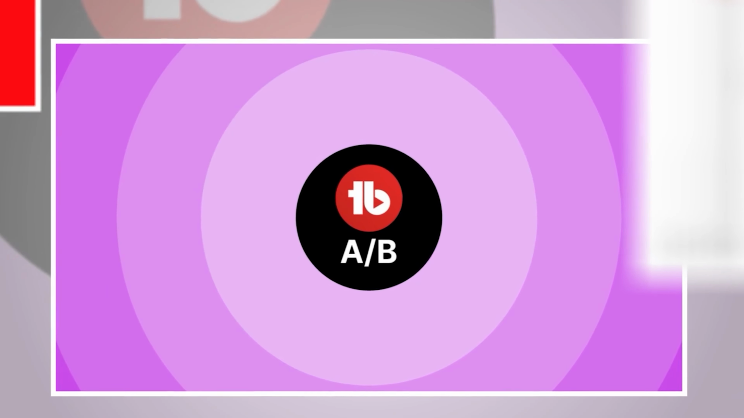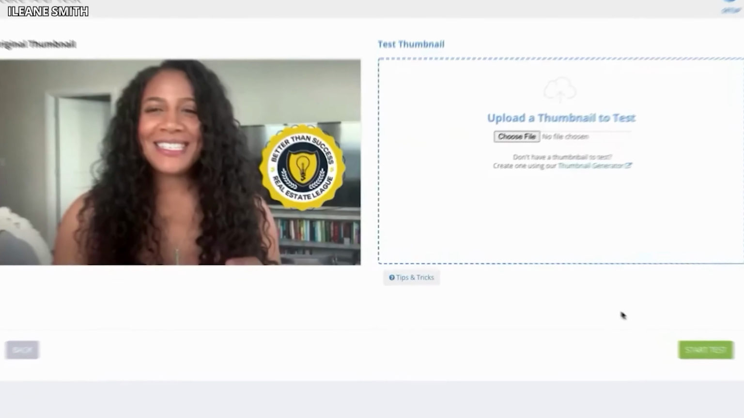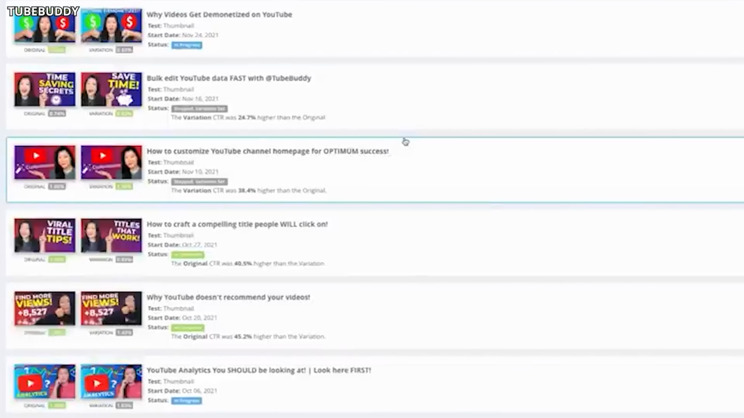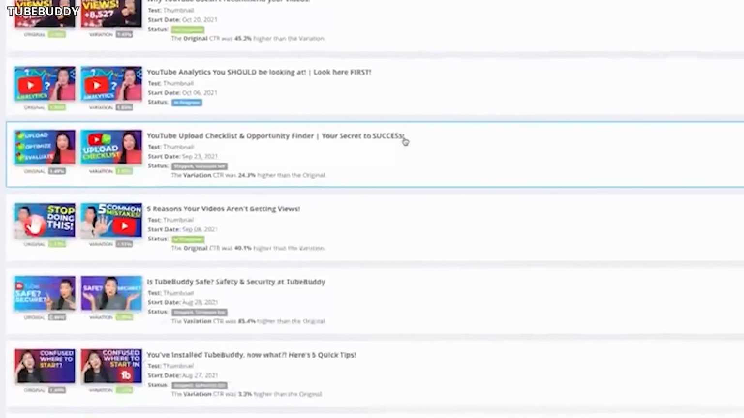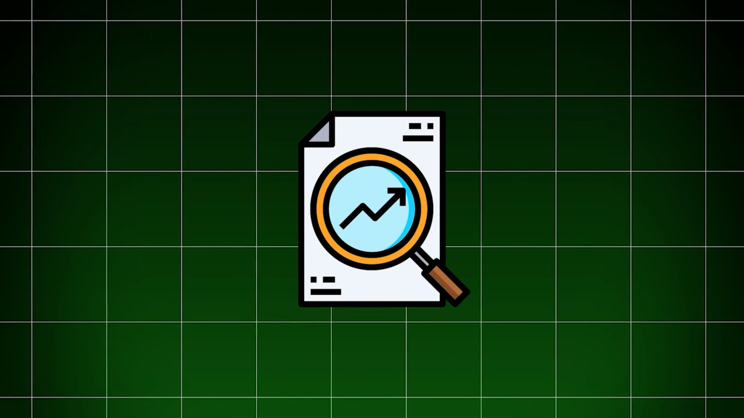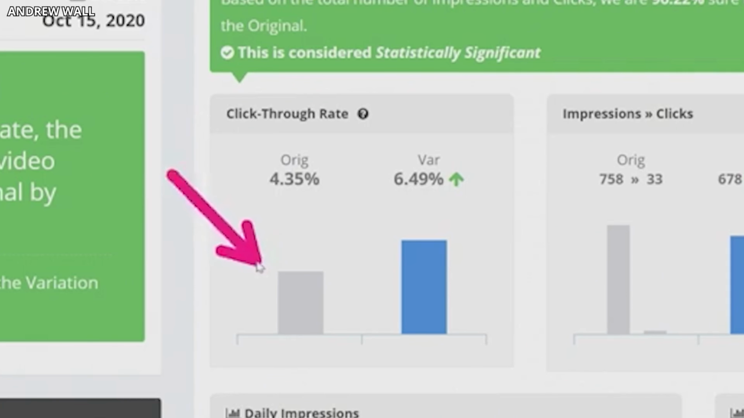TubeBuddy also has this incredible A/B testing feature for thumbnails and titles. You can test 2 different versions of your thumbnail or title, and TubeBuddy will automatically show each version to different viewers, then tell you which one performs better. This is like having access to professional marketing research tools completely free, allowing you to data drive your way to